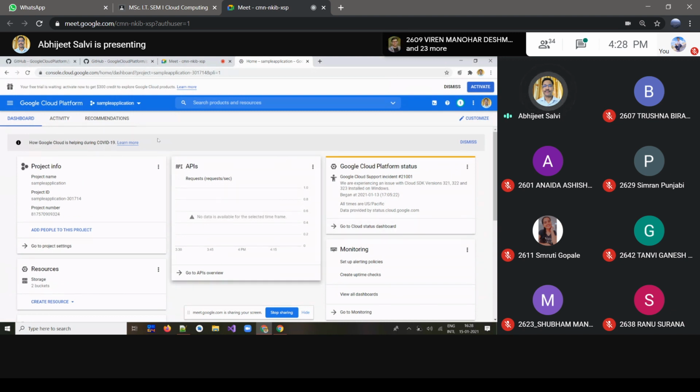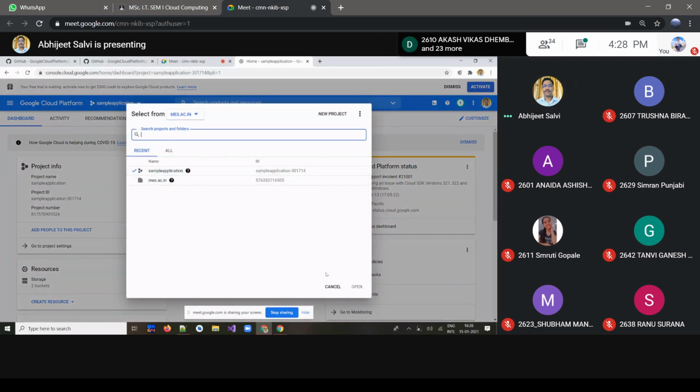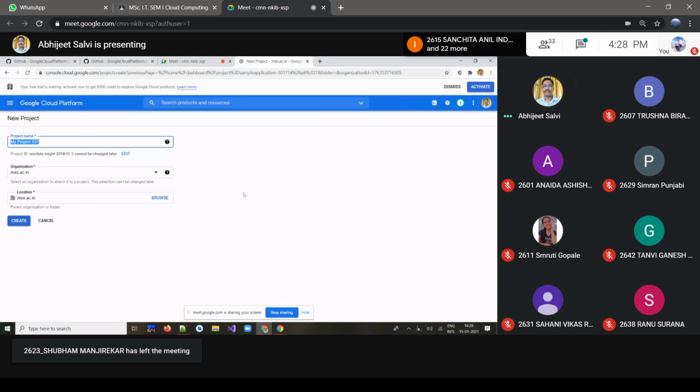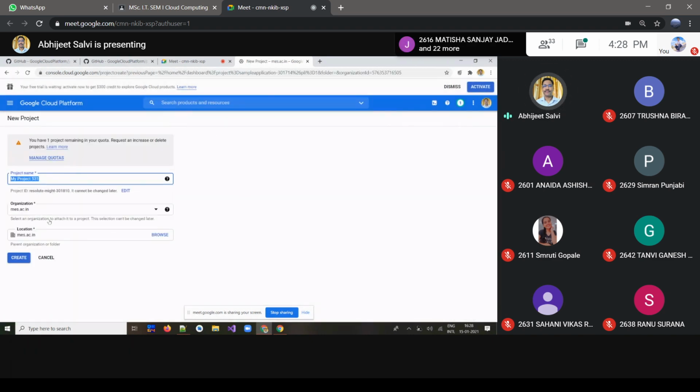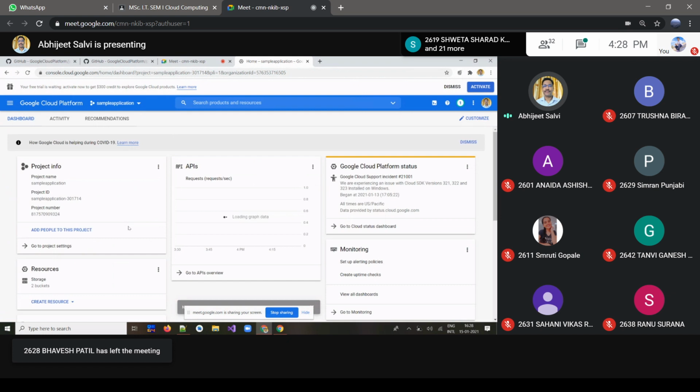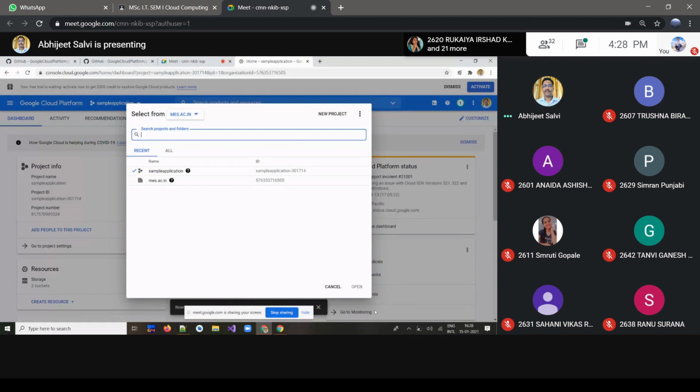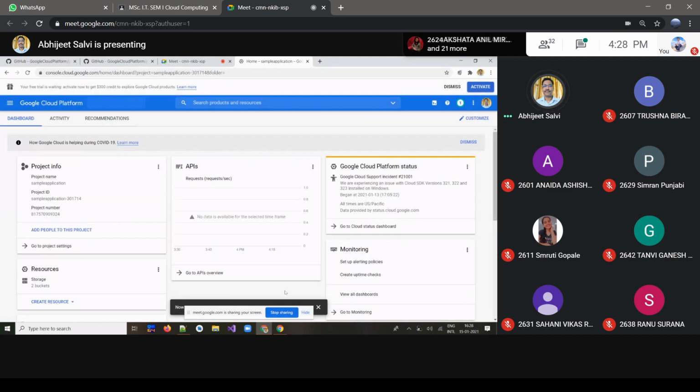Now what we'll do is create a project here. It's already there in my case, or you can create your separate project by selecting create project this way and specifying the name of the project. I'm not doing that because I have only one project quota remaining. So I'm just showing you how to create a new project, and just click on the create option. Once again, we'll go by this drop down and new project from the list. For the time being, I'm selecting my previously created project.